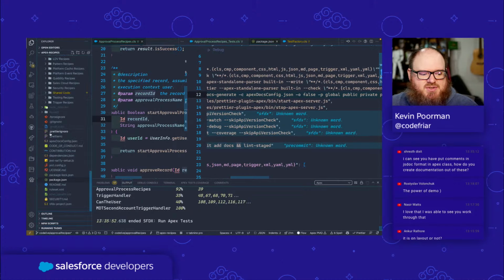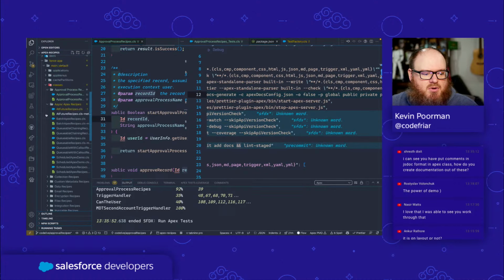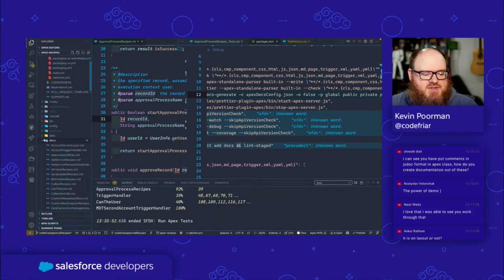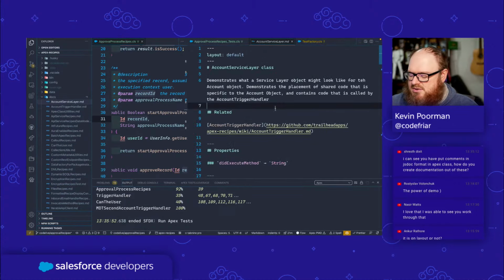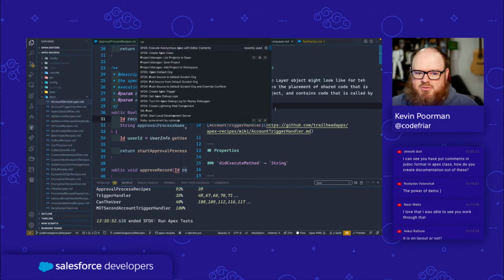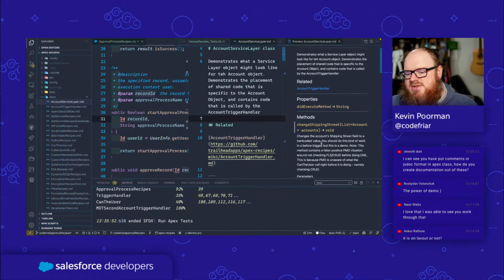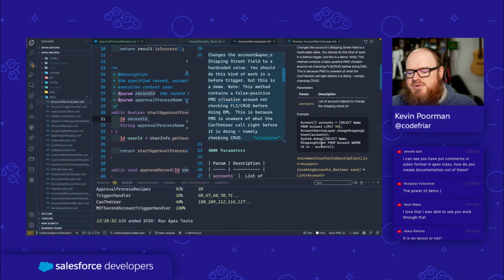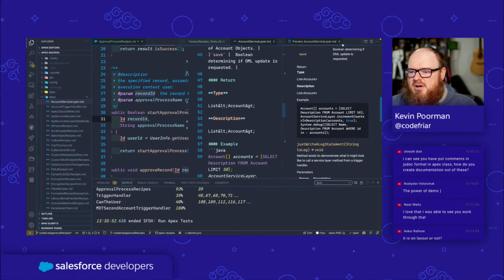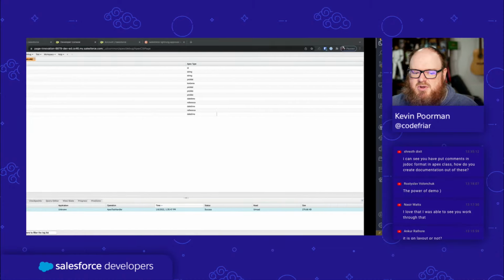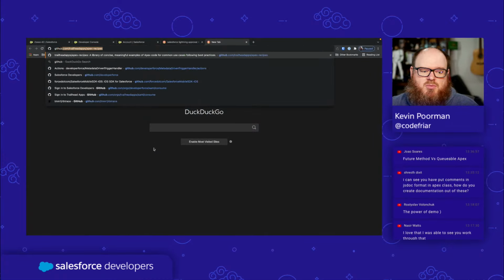If we go and look at our docs folder, go up here to the top, you can see that it generates a bunch of markdown files. If I preview, markdown, open preview to the side, you can see that it does a very nice job of presenting our markdown documentation. Now this is really interesting because if we go to GitHub, Trailhead Apps, Apex Recipes,